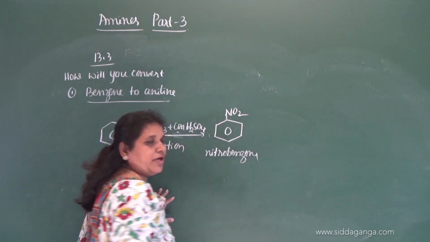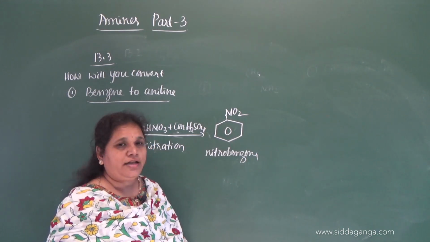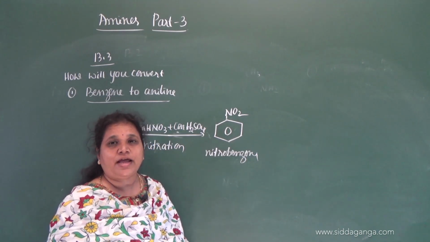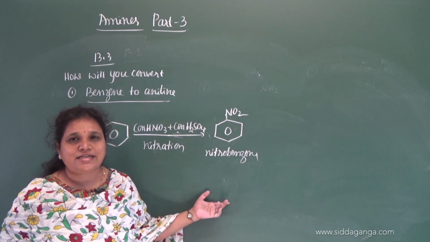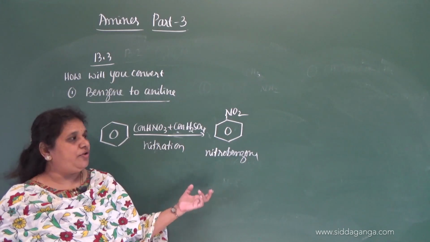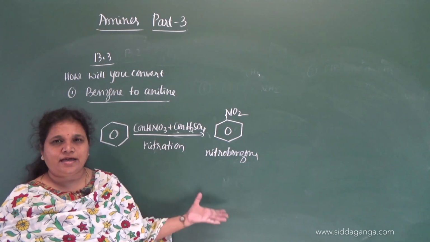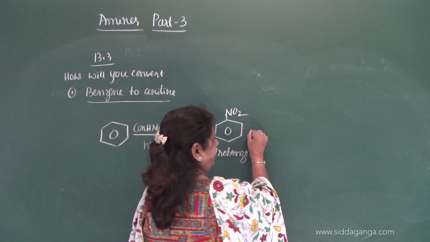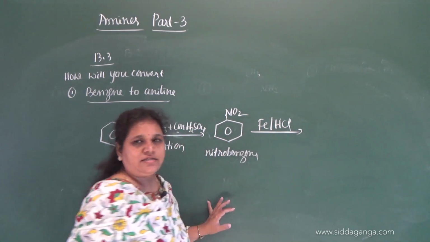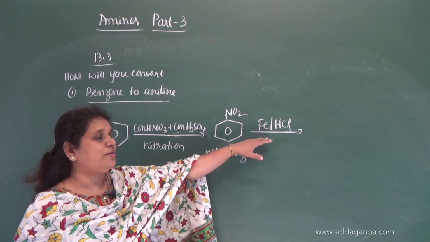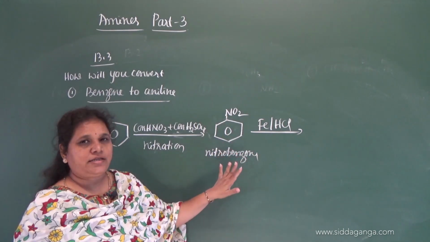Now, you know how to convert nitrobenzene to aniline. How to convert nitrobenzene to aniline now? So, reduction of nitro compound. So, you can use either metal in acidic medium as a reducing agent, even you can go with the lithium aluminum hydride, and even you can go with the catalytic hydrogenation. But commonly used one is iron in HCl, because as I said, it is preferred as we are using scrap iron and a very small amount of HCl to start the reaction.